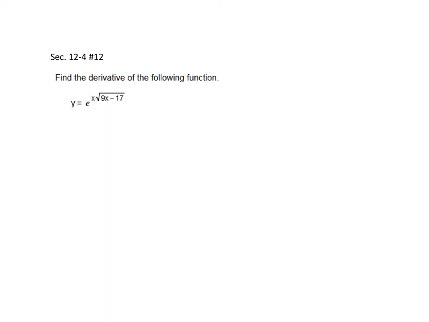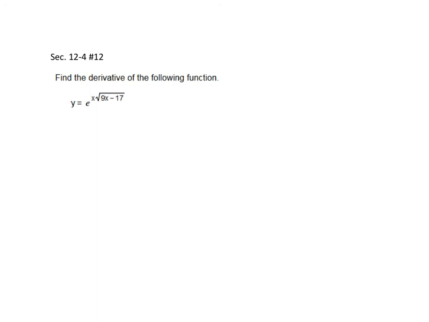Okay, here we're going to have a recording that will address several questions that students have asked about homework problems in MyMathLab from sections 12.4 and 12.5. And we will begin with section 12.4, problem number 12. In problem number 12, we're asked to find the derivative of an exponential function, y equals e raised to the